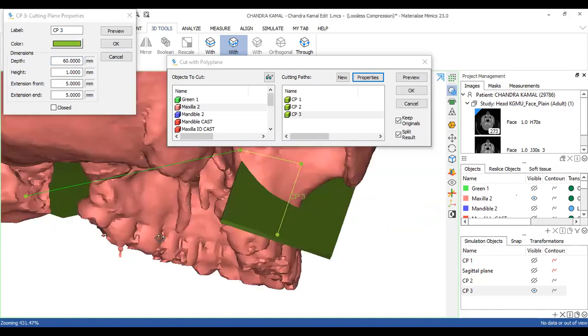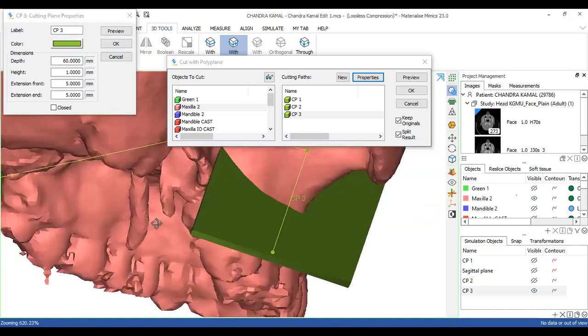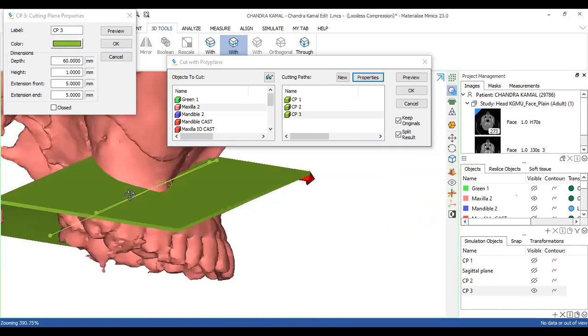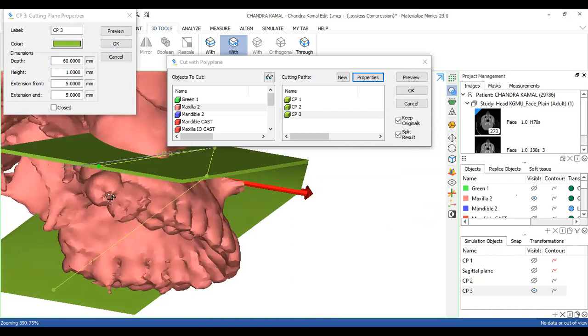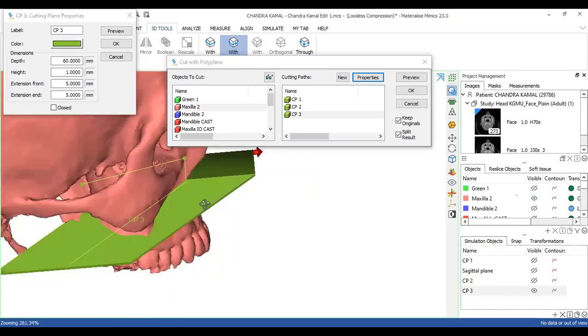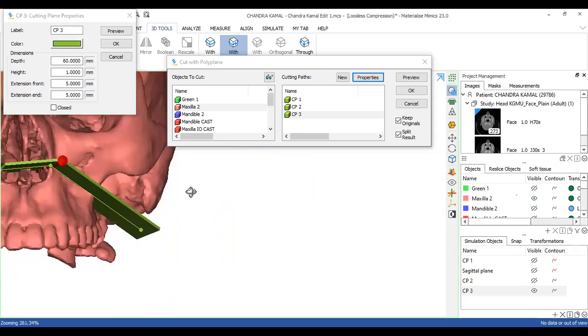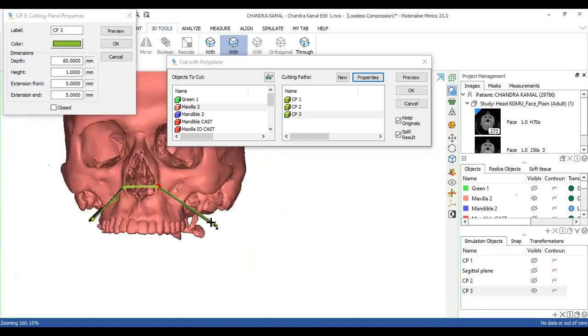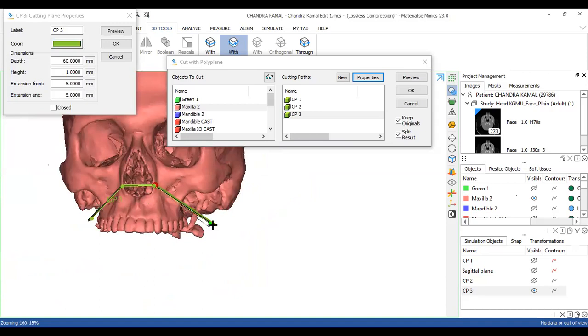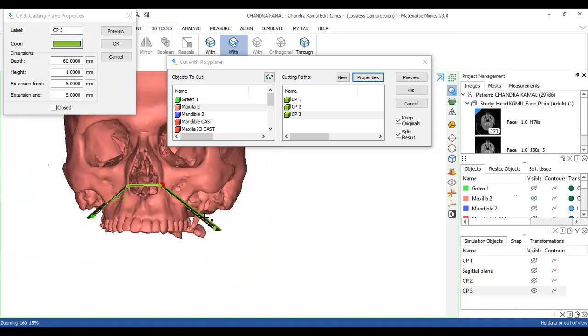Not from this side, I'll have to further increase it. Okay. So this is how my plane cut section looks.